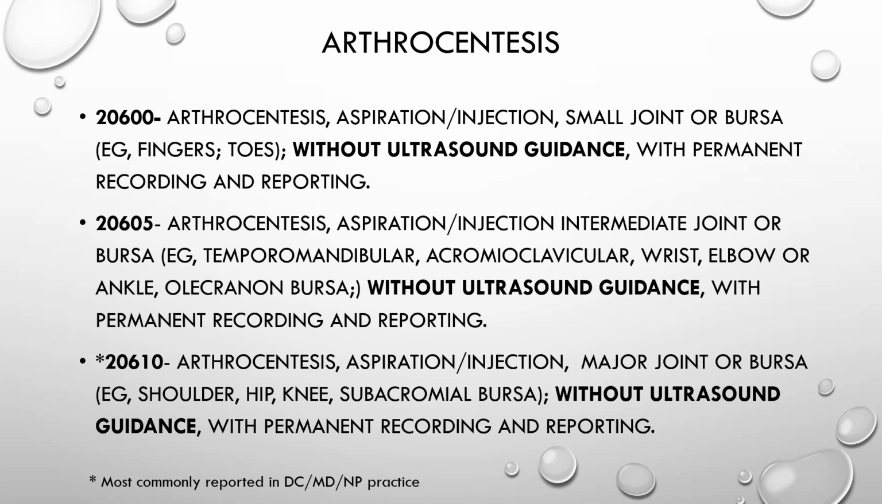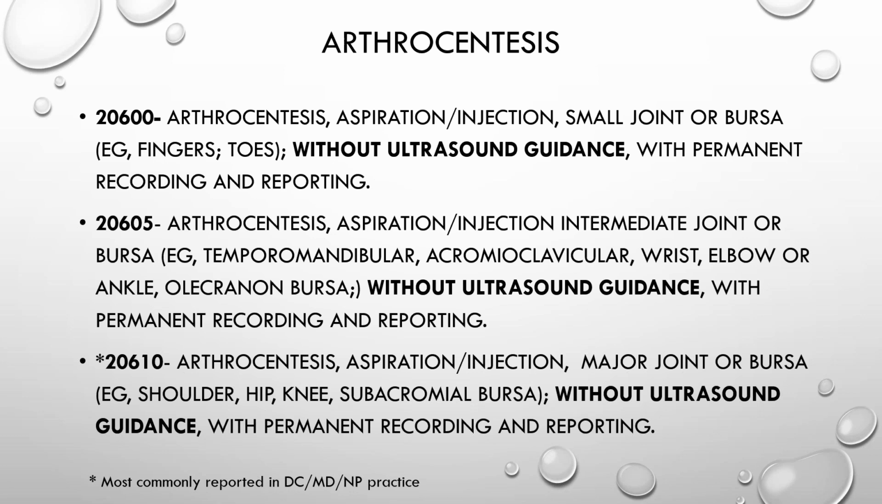Arthrocentesis is essentially a procedure in which you're going to be removing fluid, buildup of fluid around a joint, and then injecting medication into that joint to prevent degeneration of arthritis or whatever. And so the most common codes are the 20600, 20605, and 20610. And you'll notice that the difference in these codes has to do with the size of the joint that is